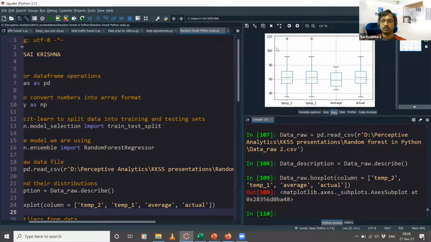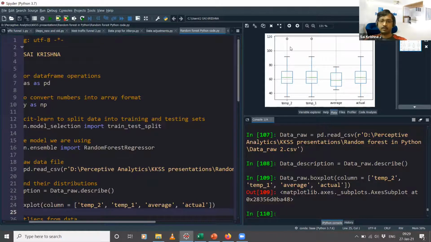Now, if you remember, this is actually called a box whisker plot. This will show the minimum, this will show the maximum, and this is the 25th percentile, 50th percentile, and the 75th percentile. Anything that you see on the box plot which lies outside of this particular box whisker is basically an outlier in the data. Typically people ask, when do you use a box plot? This is when you use it: to look at distributions and identify outliers.